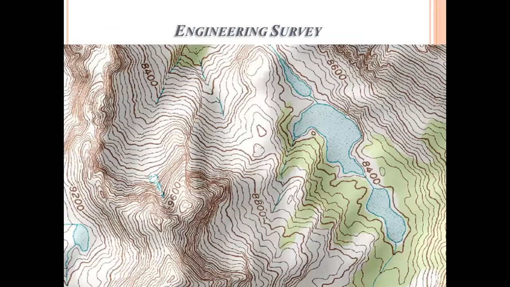And these are the contour maps, elevation contour maps. At every area we take the elevations and join the equal elevations. That is called contours. The line joining equal elevations is called a contour. Always contours are closed lines.